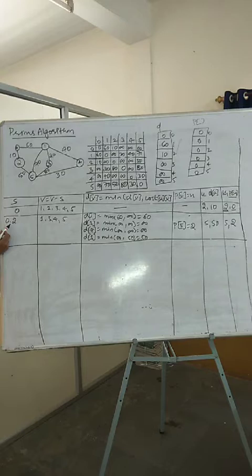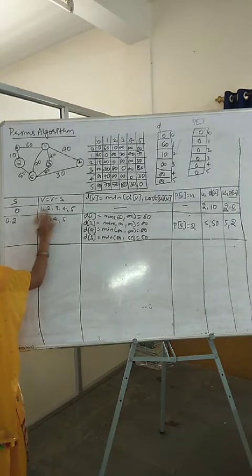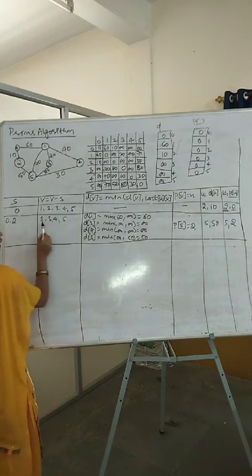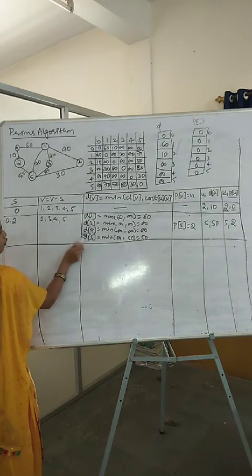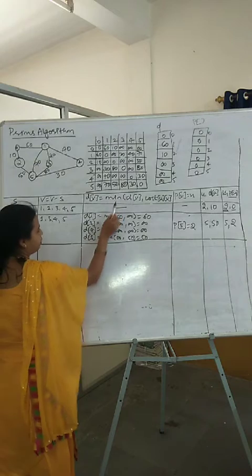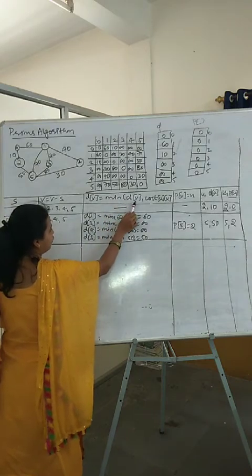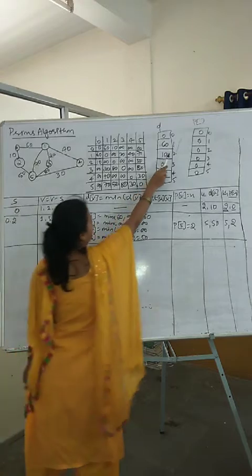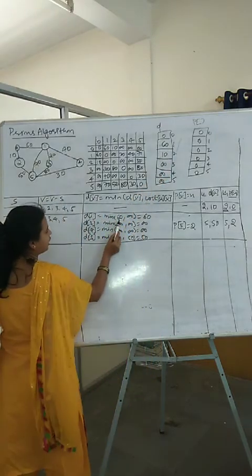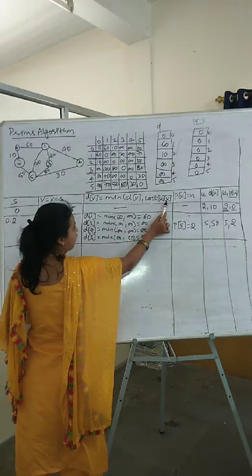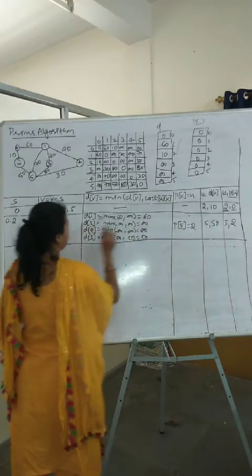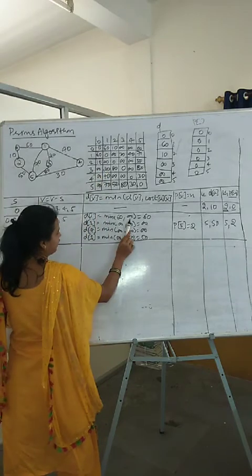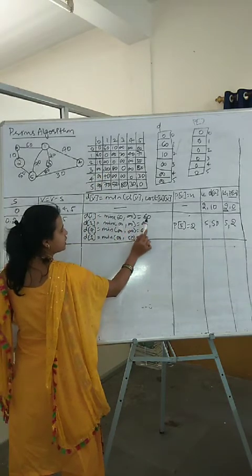So after adding 2 to S here, what is remaining? Remove 2 from here: 1, 3, 4 and 5. Now d of v. These are your v's: d of 1, d of 3, d of 4, d of 5. Then minimum, I have written d of v. What is my v here? 1. So what is d of 1? d of 1 is 60. Okay, next cost of u comma v. What is u? I have got u is 2. 2 comma 1. What is 2 comma 1? 2 comma 1 is infinity. Minimum of 60 and infinity is 60.